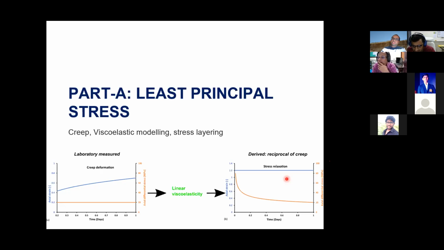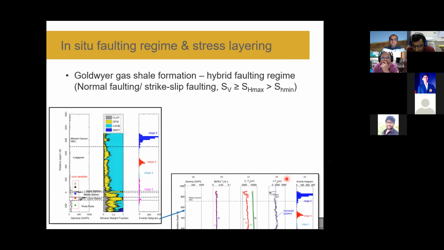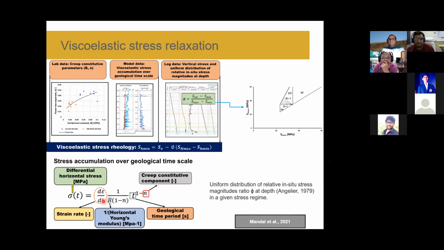That time component is already there in the equation. If you see here, this is the equation itself for differential stress. We get the b and n components, and time comes from the geological time period. Then we want to see how much differential stress it can accumulate over that time duration. But the concept came from stress relaxation, because any tectonic activity basically releases stress over the time duration itself. Okay, go ahead.